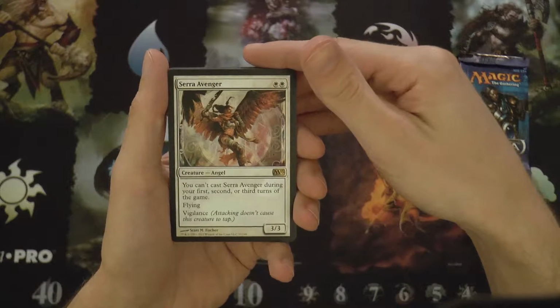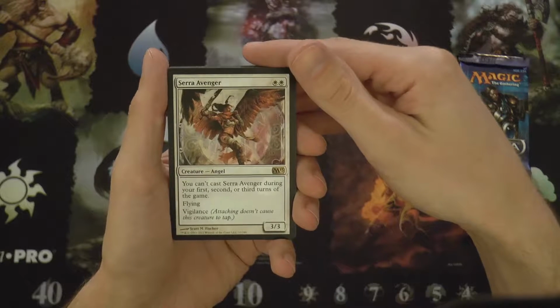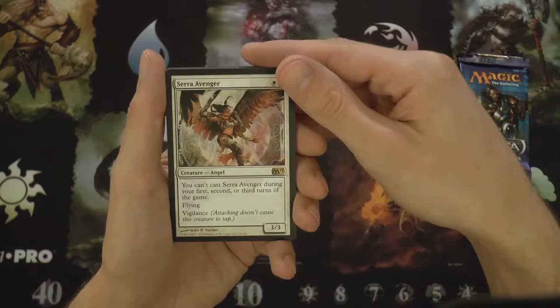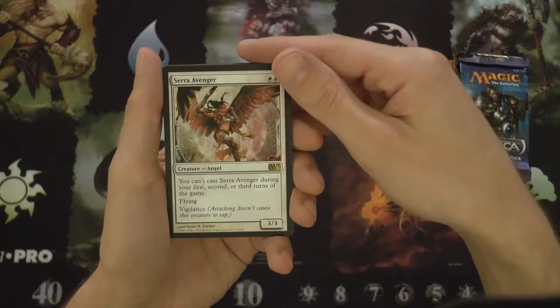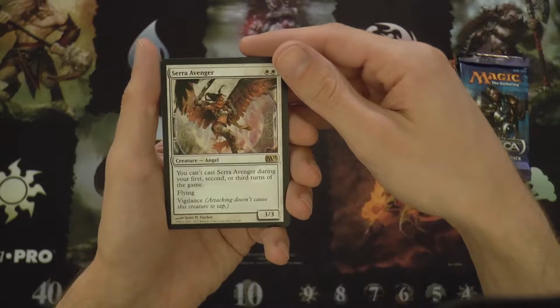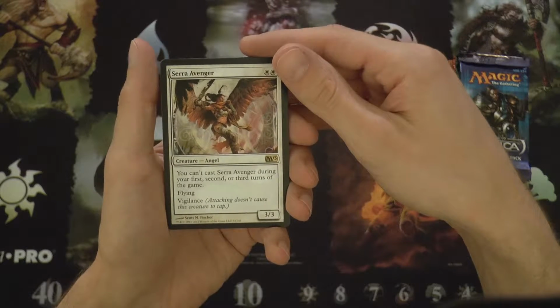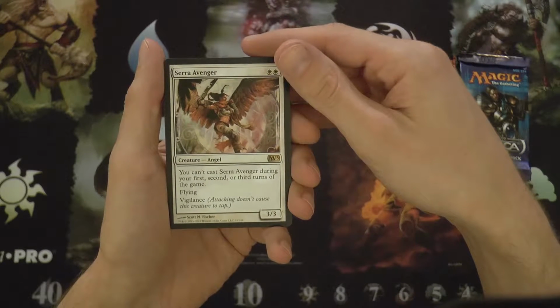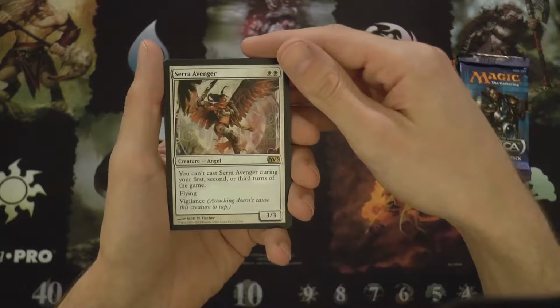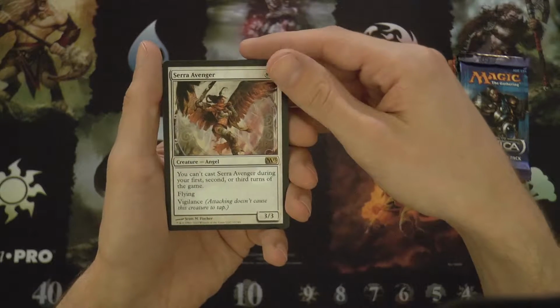Sarah Avenger is a 3/3 for white. It's an angel. It says you can't cast Sarah Avenger during the first, second, or third turns of the game, and it has flying and vigilance. So the deal here being you get an undercosted creature. It's a 3/3 with flying and vigilance, but you can't cast it until the 4th turn. So normally a 2-drop you can cast on turn 2. This one has a clause that doesn't allow you to cast it until turn 4, but this allows you to